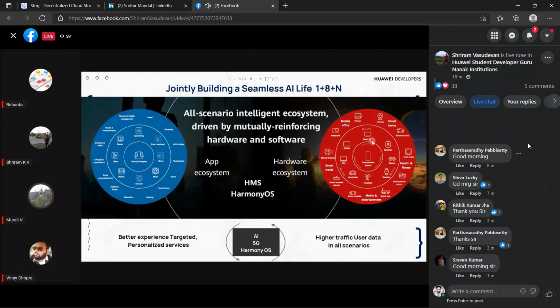Okay, Huawei time to time comes up with a unique strategy. Currently, Huawei is working on building a seamless AI life. It's called 1 plus 8 plus N. So you may wonder what is 1 8 N. So we consider in hardware ecosystem, 1 is a smartphone and 8 closely associated devices, something like smart TVs, tablets,